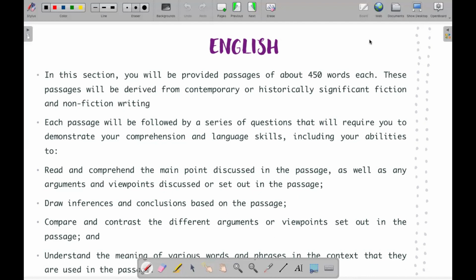What kind of questions they might ask you, as you can see in front of you, they can ask you questions where they're asking you to draw inferences and conclusions from the passages. They can ask you the main idea of the passage. They can ask you about the viewpoints of the author, that is, from what perspective he or she is writing something. They can ask you what will strengthen the author's argument or what will weaken the author's argument. They can ask you the meaning of various words and phrases. So it can be a whole range of questions that they ask you. To practice that, the simple thing is to solve as many passages as possible in the time that you're preparing for the CLAT exam.